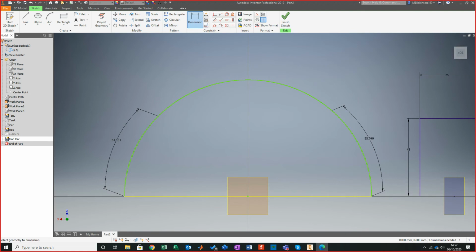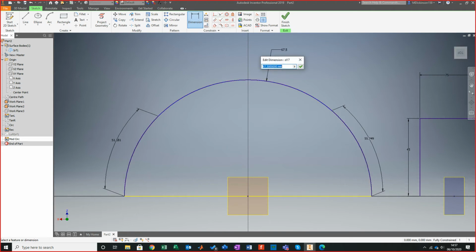I think it's worth putting on that overall dimension, by the way, just to lock it in, so at least now that split I can change with the arc length. So this now is 35, and again this becomes 35,